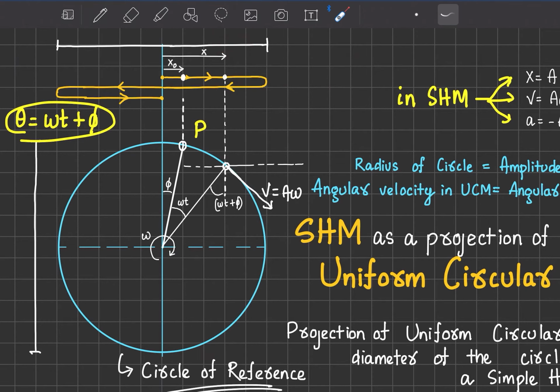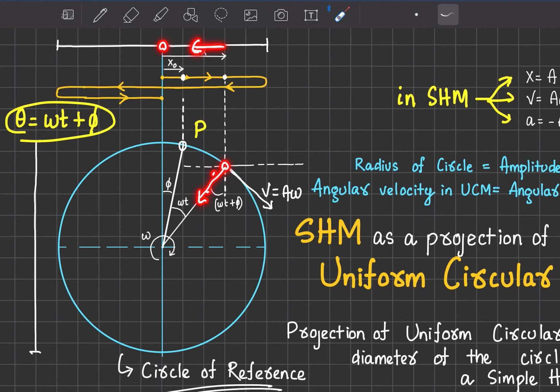Now our final parameter, which is acceleration. Let's talk about acceleration then. In uniform circular motion, our acceleration is towards the center, right? Our acceleration is towards the center, it is our centripetal acceleration, and the value is r omega square. In this case our radius is a, so it is a omega square towards center. Now if the acceleration here is a omega square, this one's horizontal component on the screen will be directed towards the mean, towards the middle point of the screen.